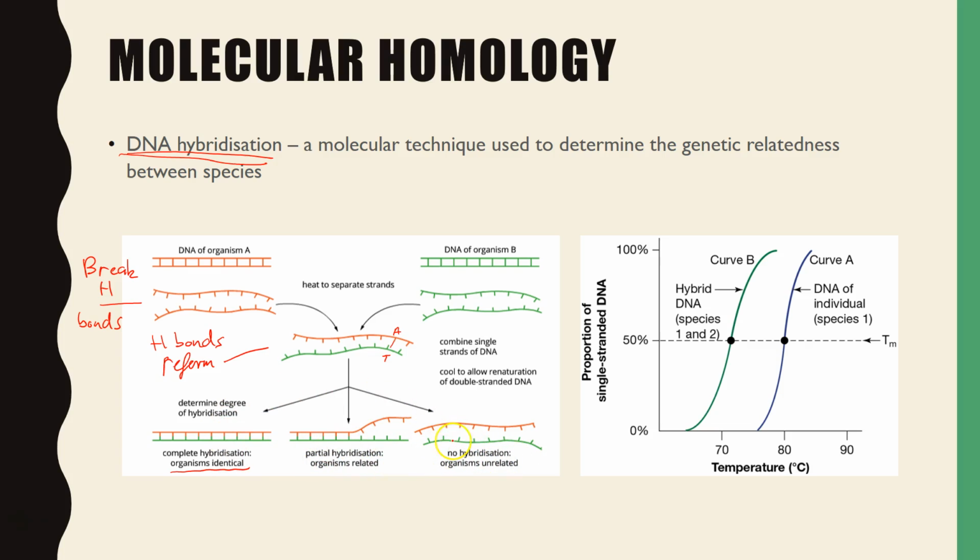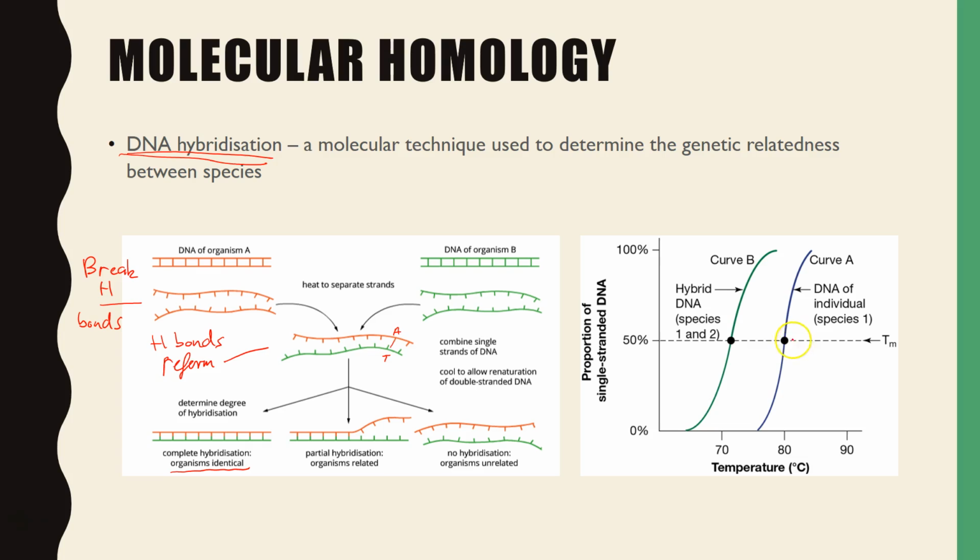So finally over here, we'll heat these particular options here, and the temperature at which they break apart is used to work out their relatedness, or degree of relatedness. So for example, two separate species are mixed together, heated up, and we record the temperature at which they form single strands. So over here, we've got individual species A and individual species B,